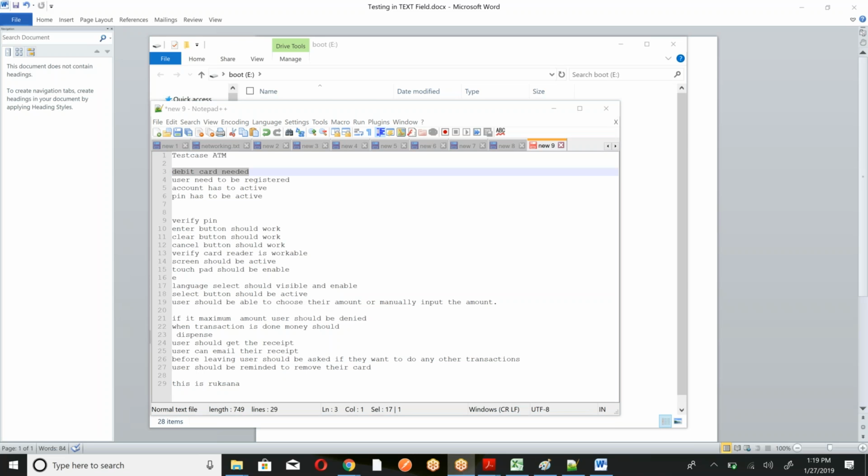So anybody else you sent it? Okay, go with her. Then she put it there. Okay, verify PIN. Verify PIN, one test case. Definitely it should be. Enter